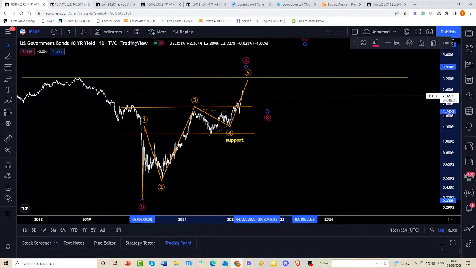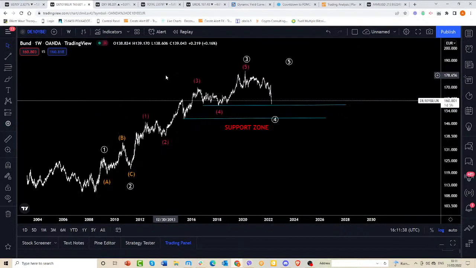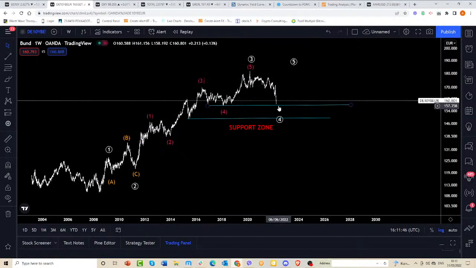In the European Union, this is the chart of the 10-year bond, which is the equivalent of the US 10-year yield. As you know, I was looking for this support to be reached. We are there now. It happened a little bit quicker than I expected due to all of this information. If this is going to be enough to stop these yields moving to the upside, I still don't know. The support zone is here. I would like to hold it, of course.